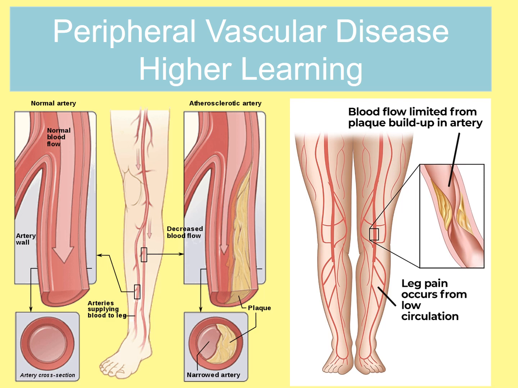So here we have a normal artery in the leg, followed by an artery that's been significantly affected by arteriosclerosis. The process of atherosclerosis is exactly the same, whether it's PVD, whether it's in the leg, or whether it's in a coronary artery or the carotid artery. So we're looking at the same process for atherosclerosis,